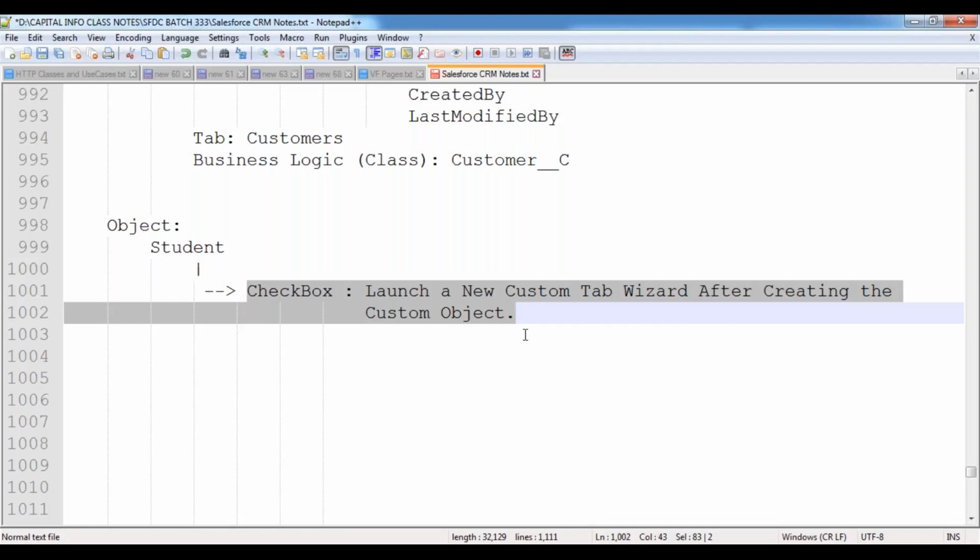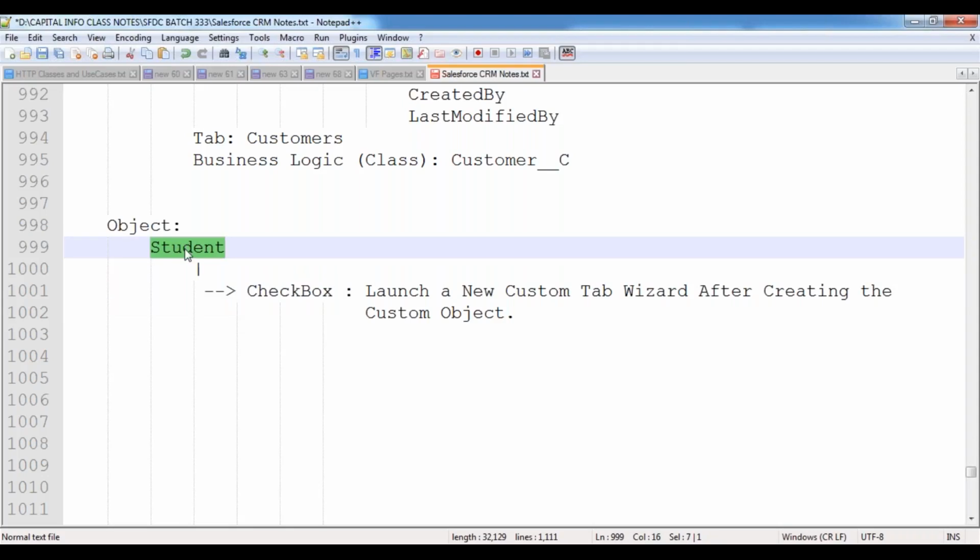So my client decided that he doesn't want to continue with the tool. He would like to create the tab for his object. He needs a tab for his object. Then how can we create the tab? The client realized that the tool is giving some issue right now, so he doesn't want to continue with the tool. He wants a tab for his object, so that with the help of that tab, from now onwards he can manage the records through the tab itself.